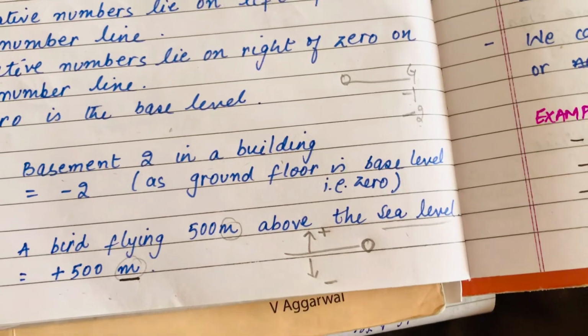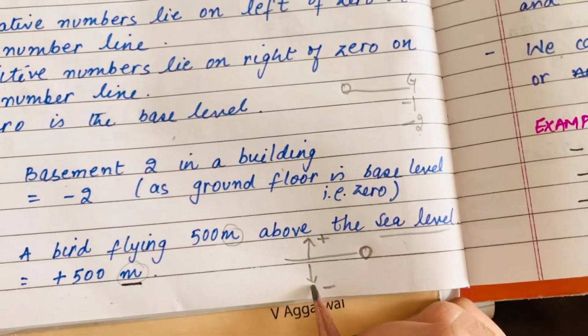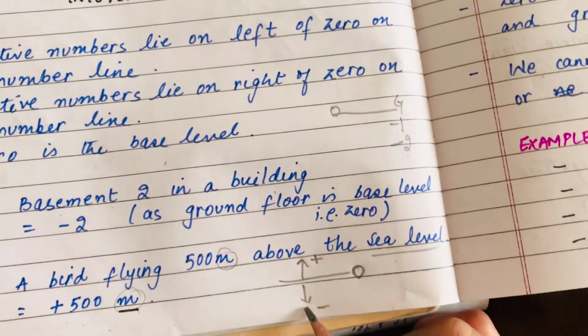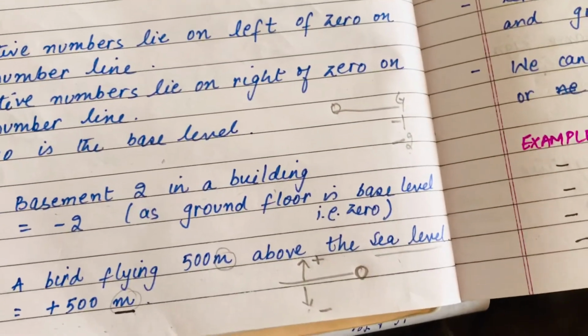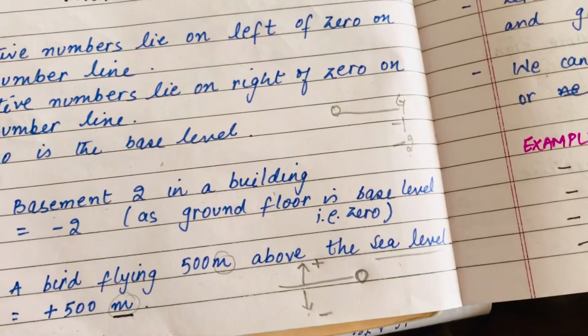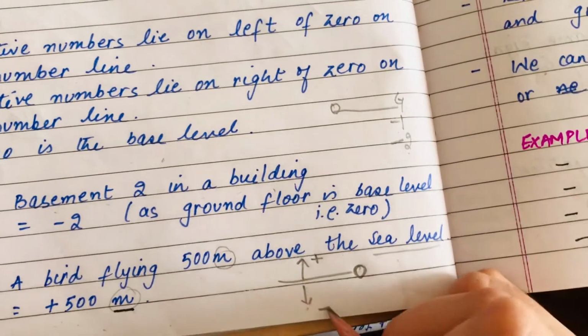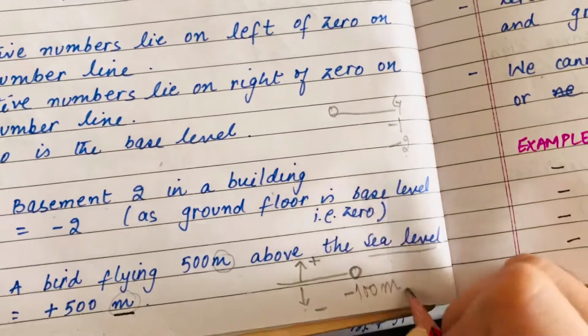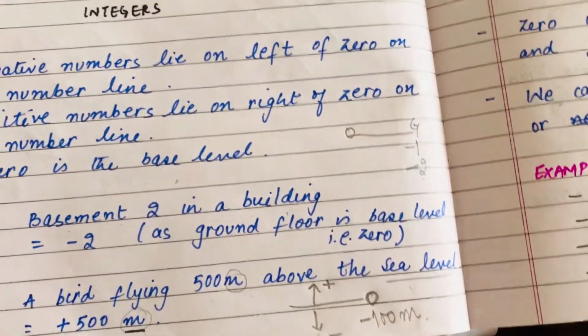So you need to write whatever distance is asked in the question in terms of integers. Okay. Suppose a fish is swimming 100 meters below sea level, what will we write it as? -100 meters. Is the thing clear? Okay. Next thing,